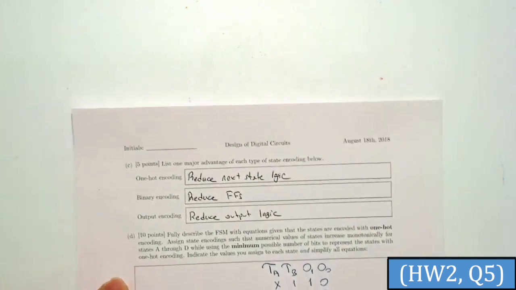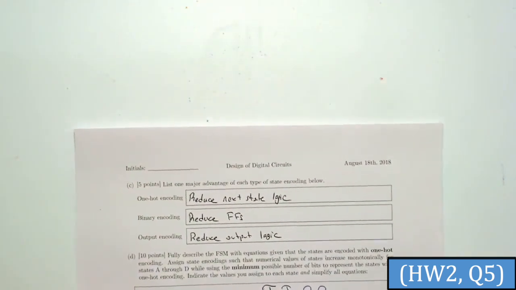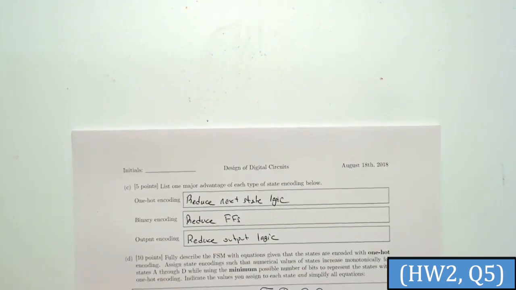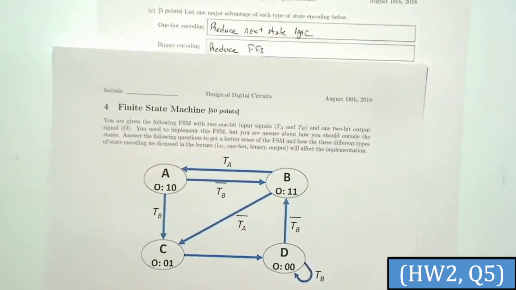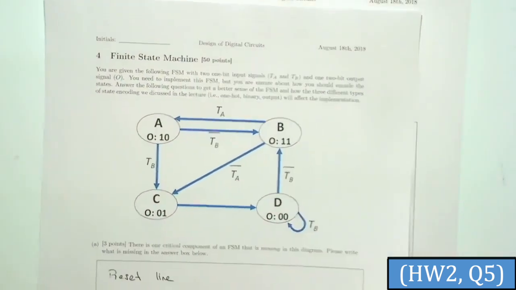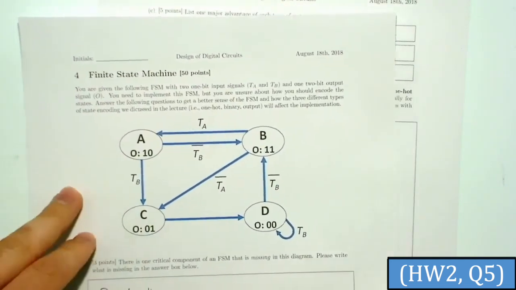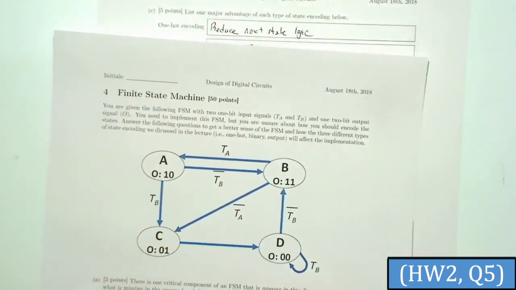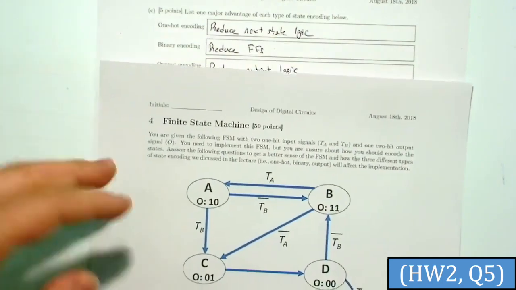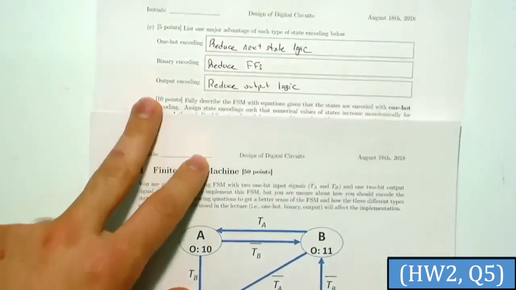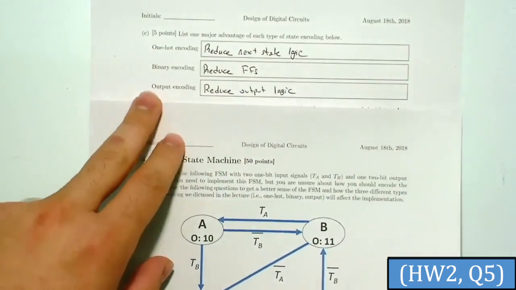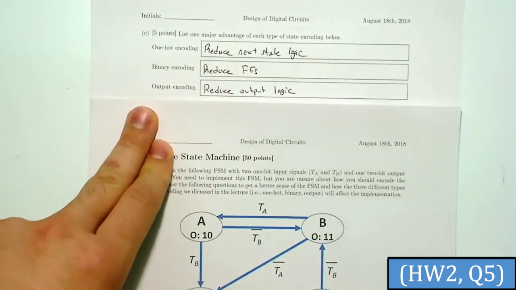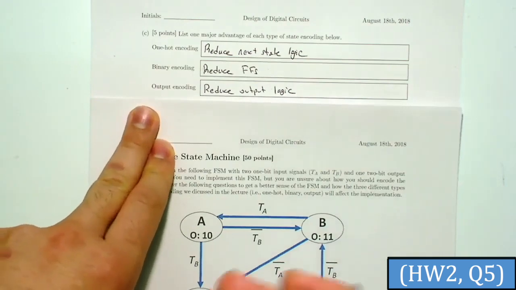Okay. So starting from the question, we are given those states, and we should write the Boolean equation of that state. We have three options. One option is one-hot encoding, the second option is binary, as you can see here, and the third option is output encoding. For all of those, what changes is the way that we represent the states, and the rest won't